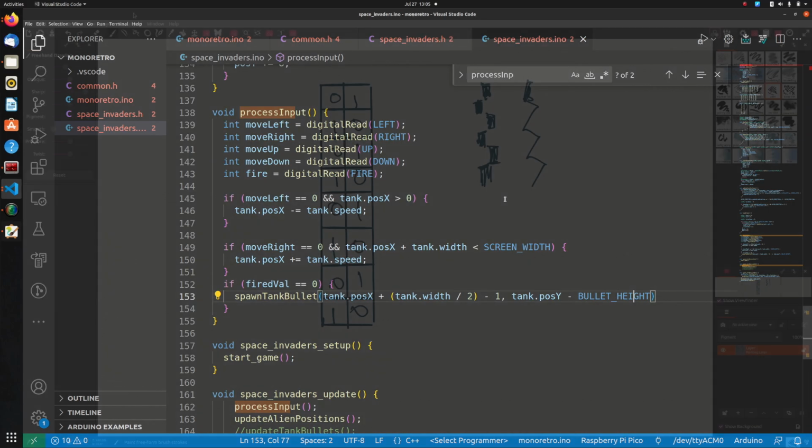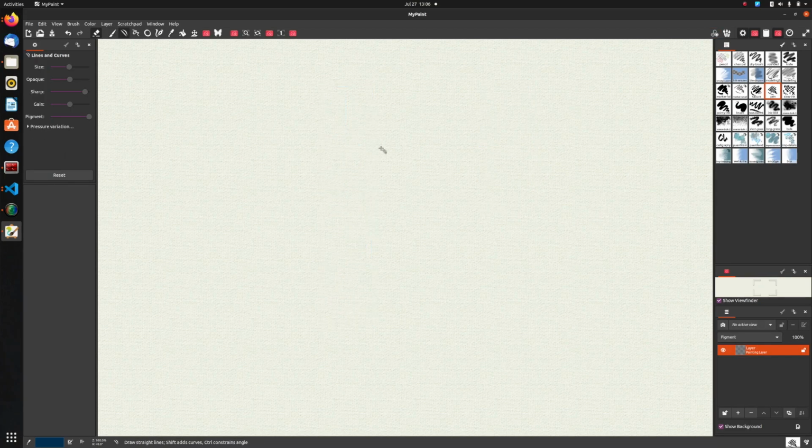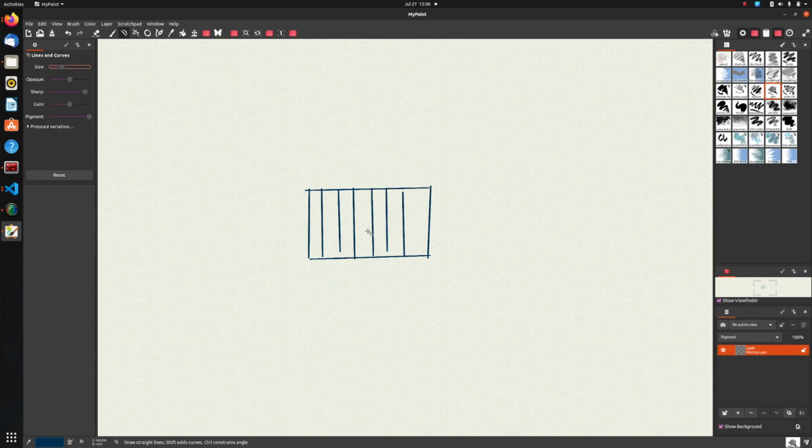So what did we do here, and why did we do this width by 2 and minus 1, all those things? So what we essentially want is something like this. Let me just remove everything. So let's say this is our tank bitmap, which has got 8 columns, 2 3 4 5 6 7 and another 8, and 4 rows. And remember, our bullet is 2 pixels in width and 8 pixels in height, and what I want